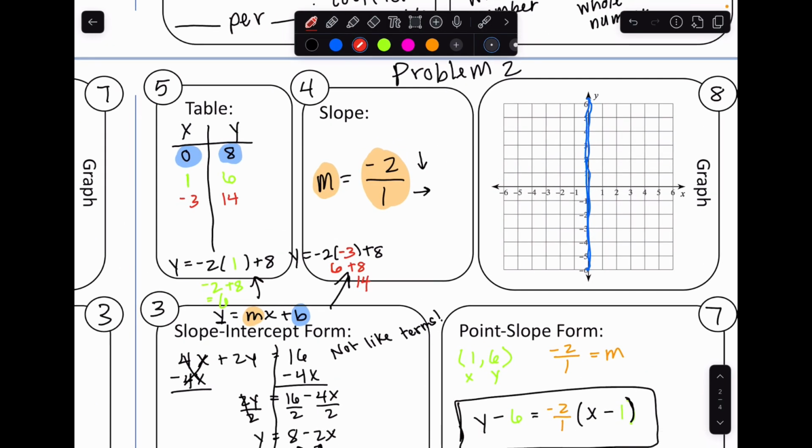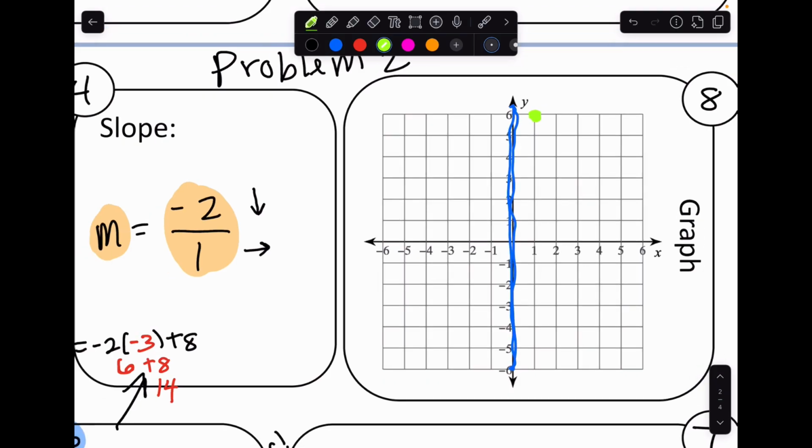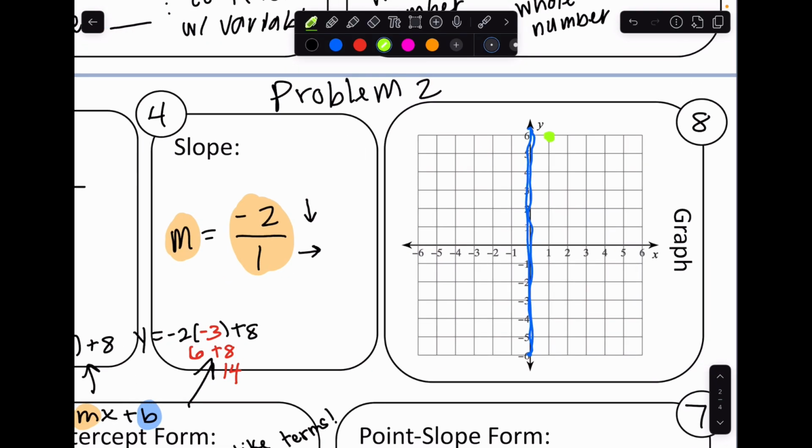Shoot, that's not on the graph. So, instead, let's start with one of our points we found on our table. 1, 6. So again, over 1, up 6. And we know our slope, we go down 2 and over 1, because it's rise over run. So I'm going to go down 2, over 1, and that's going to be my new point. Now all that's left